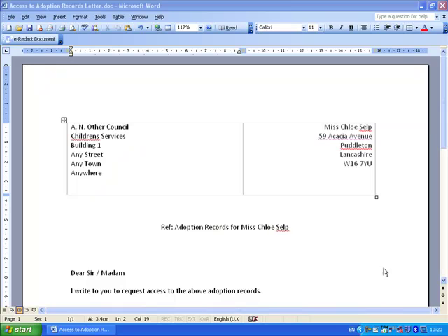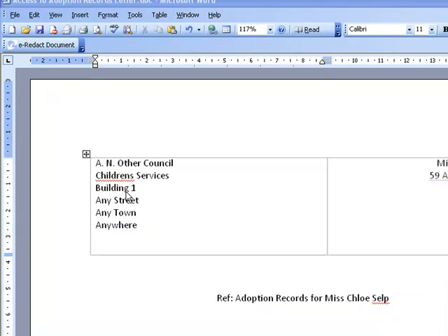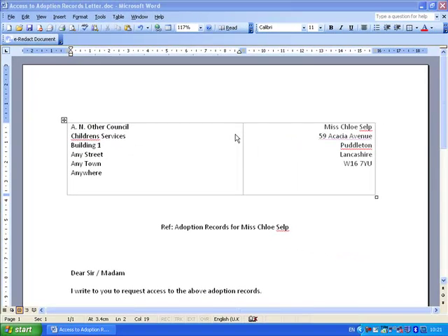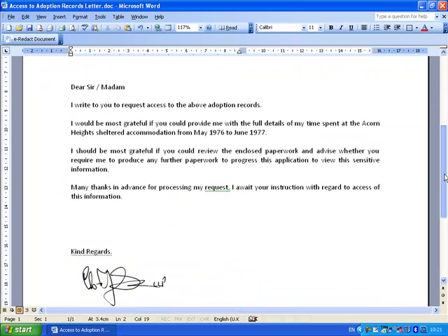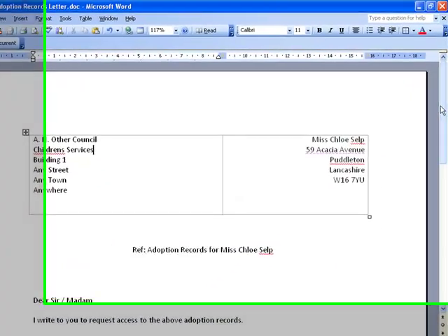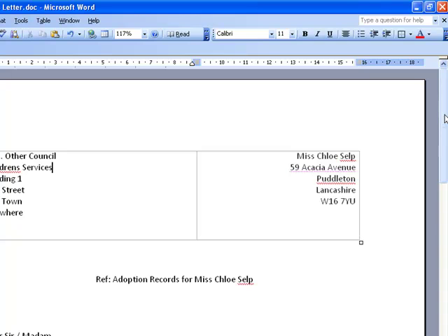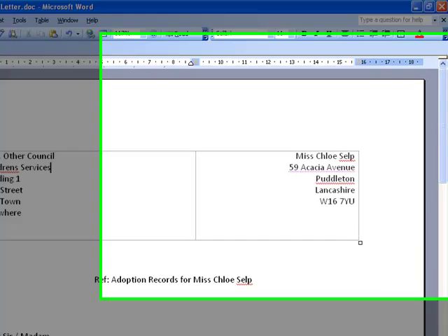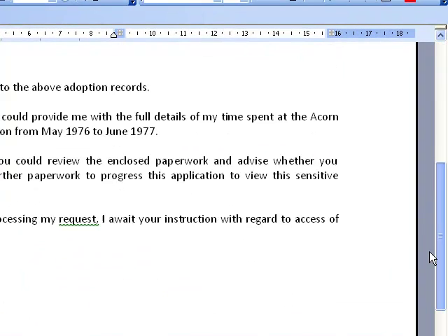Welcome to the tutorial where we're going to have a focus session looking at how eRedact can produce a very useful audit copy file in addition to the redacted copy file. Here we have just a standard letter. It's actually a request for adoption information, so slightly different to a freedom of information request, but nevertheless it's something that